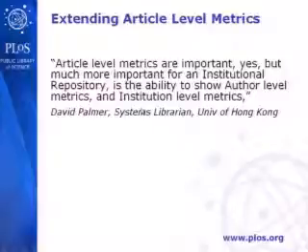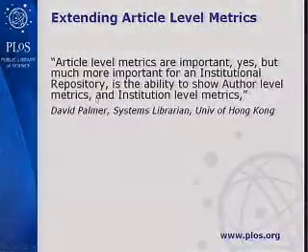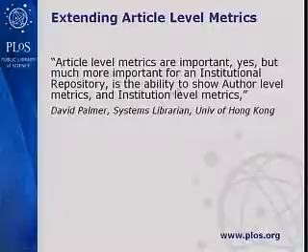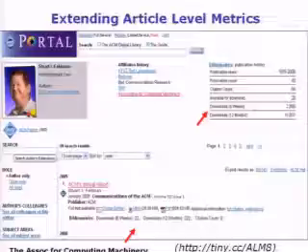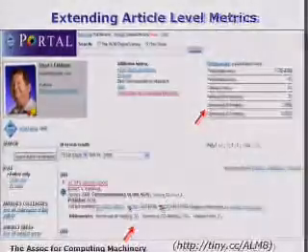Institutional repositories are also working on this. So David Palmer, he's in Hong Kong. What's important for an IR, apparently, is not so much the usage of an article, but the usage of the authors. Because you can aggregate authors up to show the impact of your research institution. So they're working to get data in at the author level, and this is the Association for Computing Machinery who